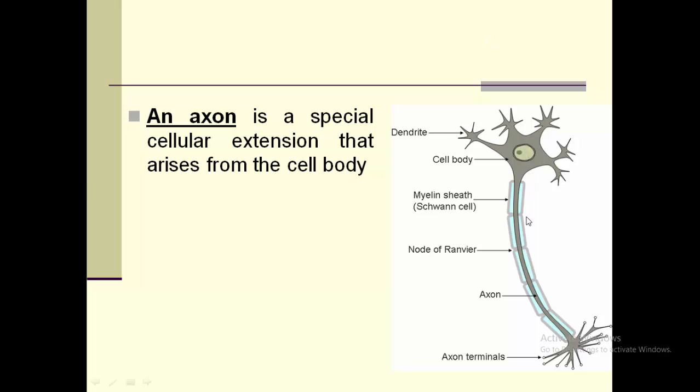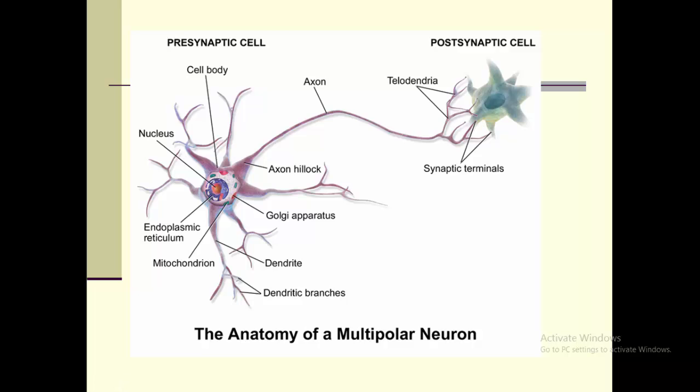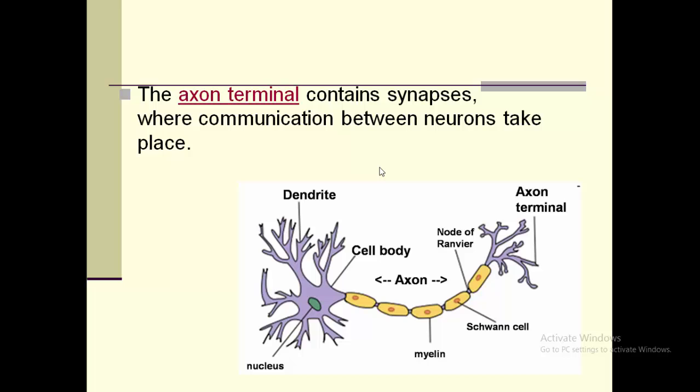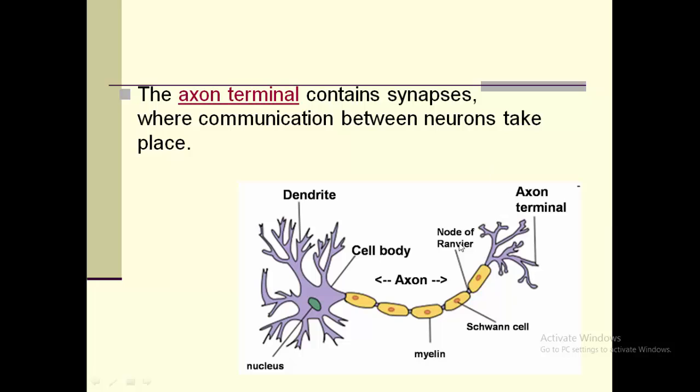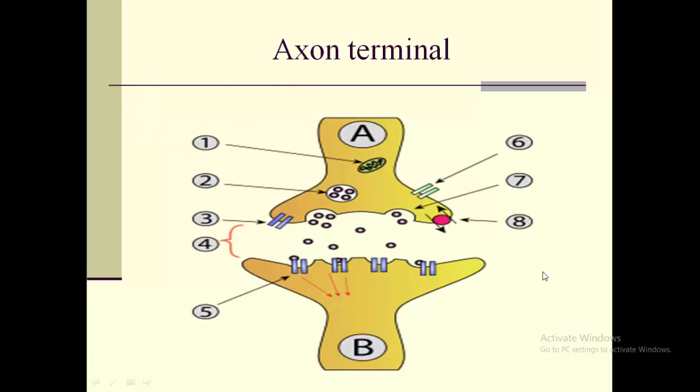الأكسون أهو زي ما قلنا it takes origin in the cell body, a special cellular extension that arises from the cell body. تاني أهو أدي السيل بادي جواها نيوكليوس and cytoplasm، أدي الثين extension اللي هي الأكسون، وأدي الدندرايتس اللي هي بتتشابك together to form a network أو شبكة. This is the end of the neuron. It ends by what you call axon terminals.